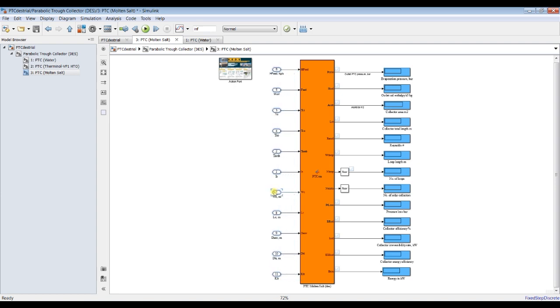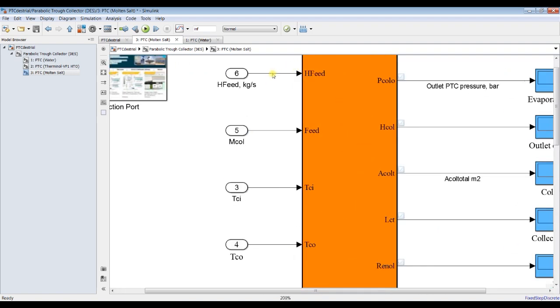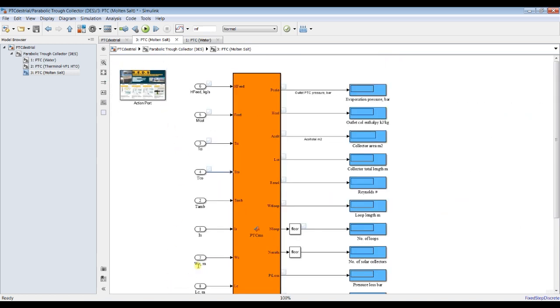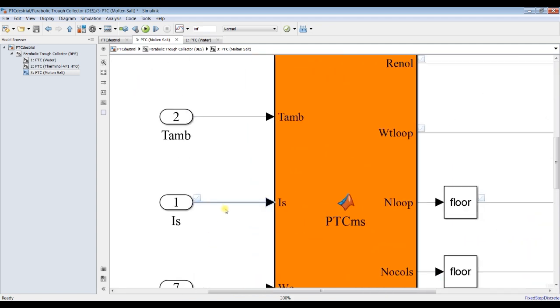Some drawbacks here. We need to inspect the feed flow rate, total mass flow rate, inlet fluid temperature, outlet fluid temperature, and solar radiation. But you have to write the name of each. Let's write solar radiation,